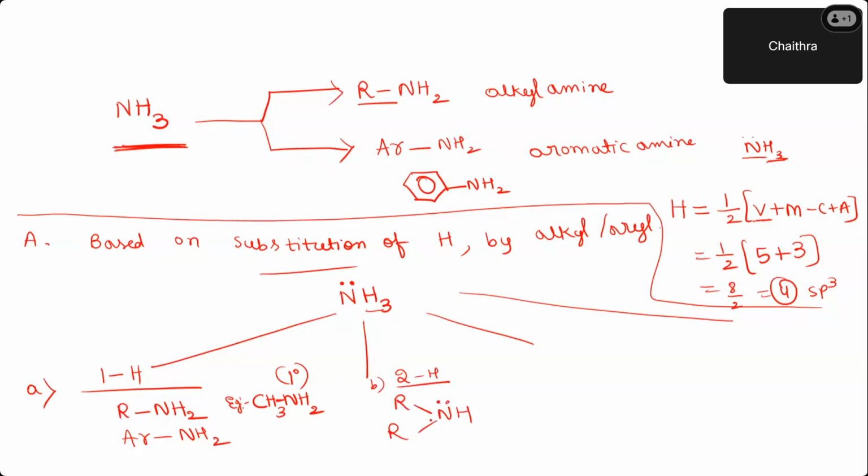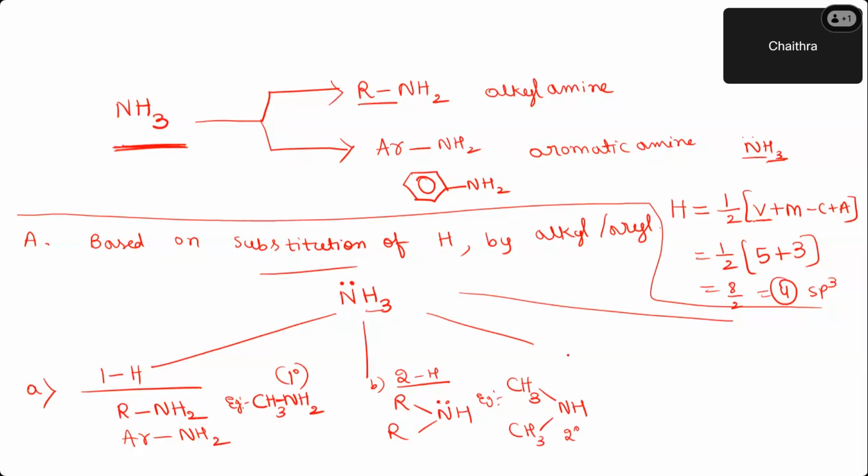Now can you tell me, students, what kind of amine is this? Nitrogen is directly attached to how many carbon atoms here? Take an example if you get confused. I will write CH3NHCH3. Can you identify, here nitrogen is directly attached to how many carbon atoms? Yes, very good, Jyoti. So it is a secondary amine.